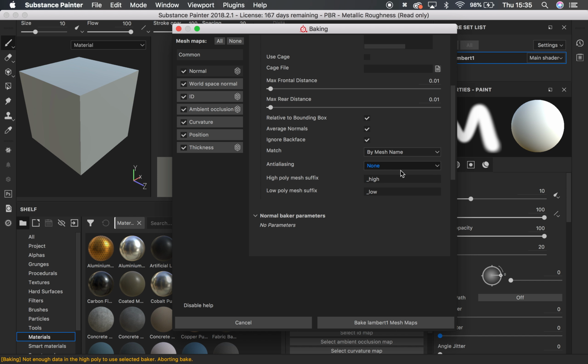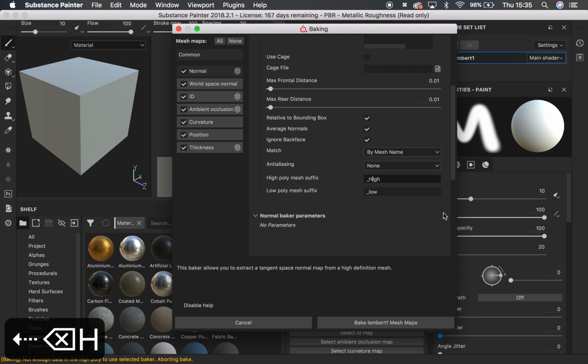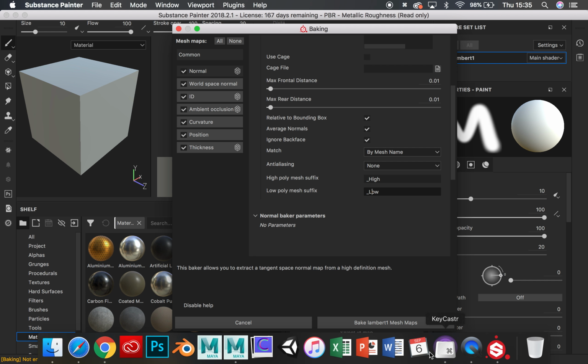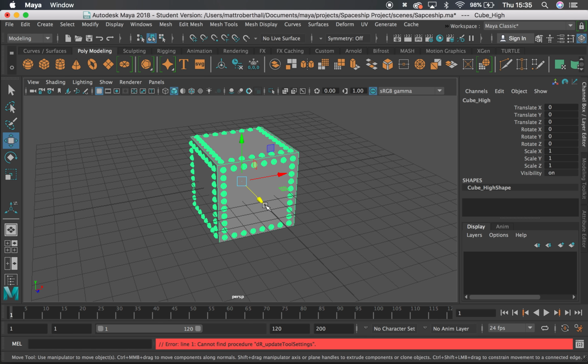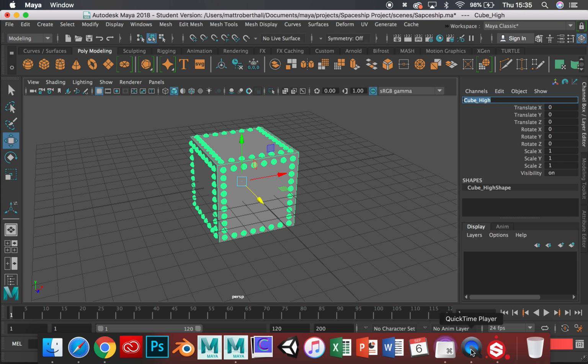I'm just going to leave it as none for now. I want to run a test bake first, and then I'm going to put the suffixes in here. So I use capital letters. We need to make sure that we set it to the exact same thing. Again, if you're not sure, just hop back over to Maya, have a look at what you called it, copy and paste whatever works for you, but it needs to be exactly the same, otherwise it's not going to